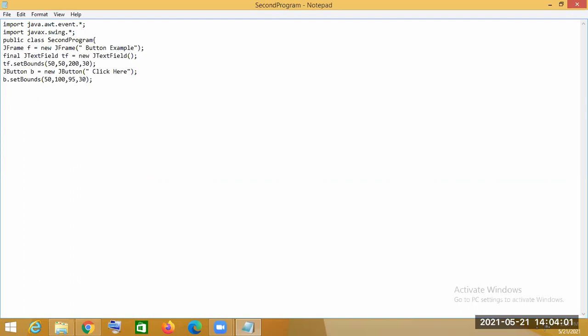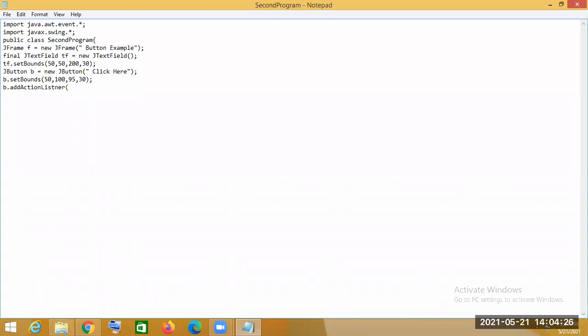And for the action listener, I have told you the command. What command is used? Add action listener. So that means we have to call addActionListener.